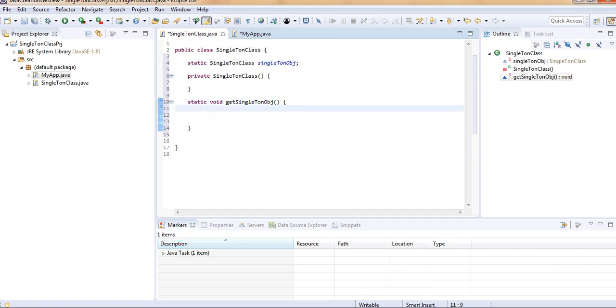So I am going to write down the code of the object creation. So this is my class variable and I am going to assign it this new keyword and class name bracket, simple. I have assigned it. So now it has got a value in this. Fine. And now I am going to return this.